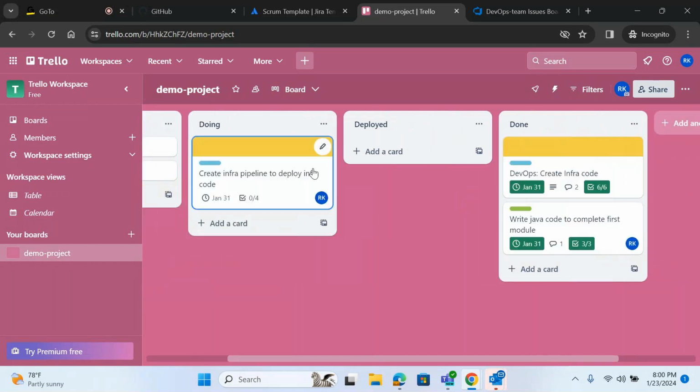Now we have understood the concept of a task. Here they call it a Trello card. There they call it a task in Azure DevOps. So one card is assigned to you, one task is assigned to you. Almost the other features were the same, right? The features were the same, but the terms were a little bit different